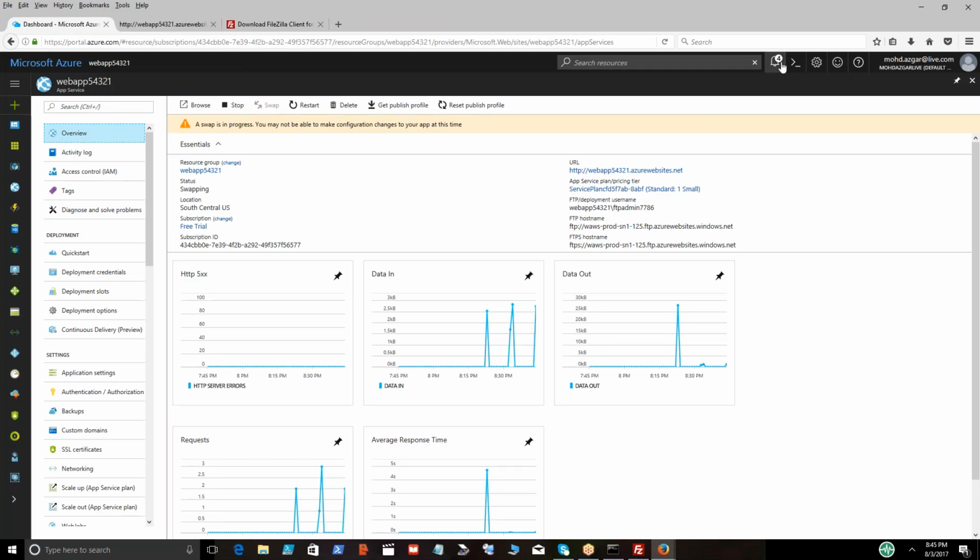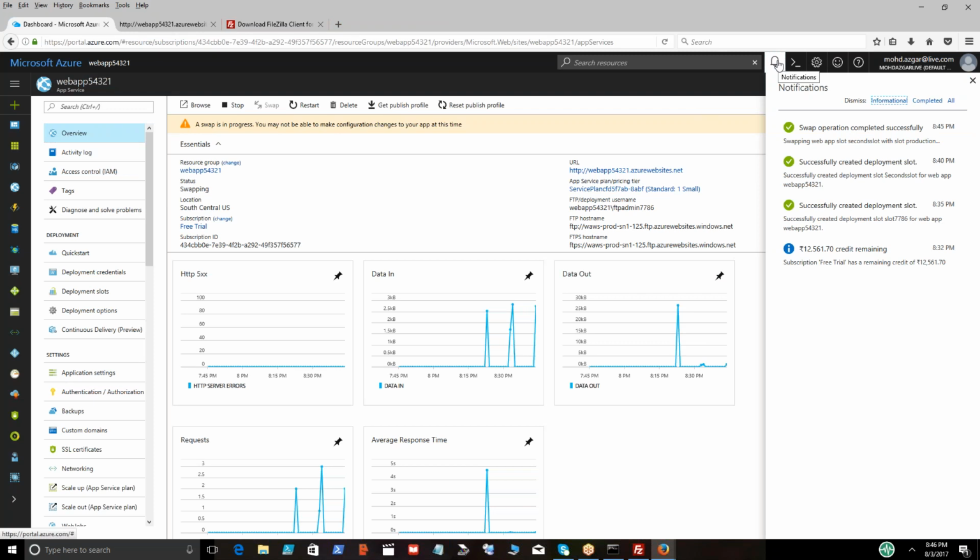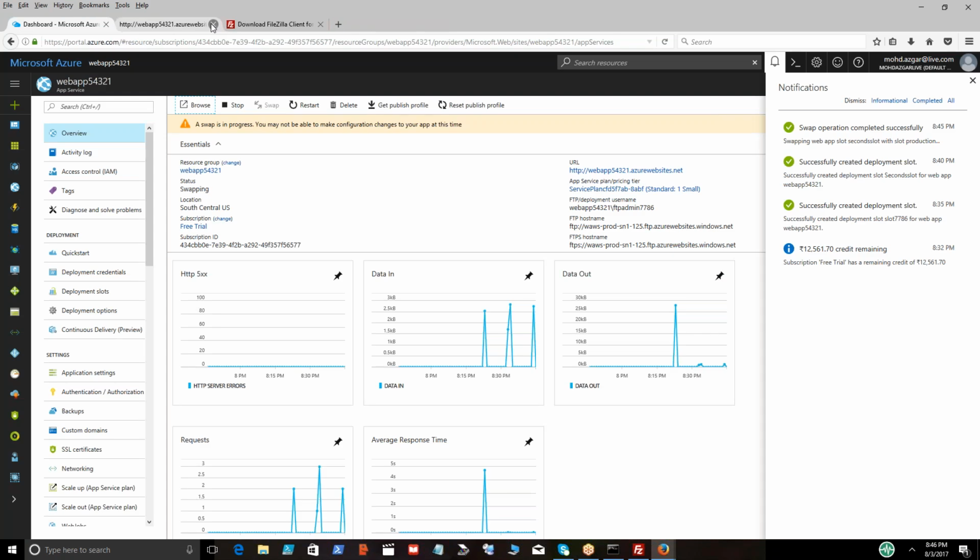So I think your deployment is still in progress, right? Because the swap is completed. Okay. Let's click on browse. So that's it, right? The changes have been made in your production now, which is good. So let's click